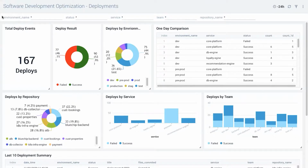So, when Spinnaker emits information about a particular pipeline, teams can enrich that event by adding context around what is the environment that this is deploying to? What service is this associated with? What team is this deployment pipeline associated with, or the original repository? And by attaching that metadata to these log events,